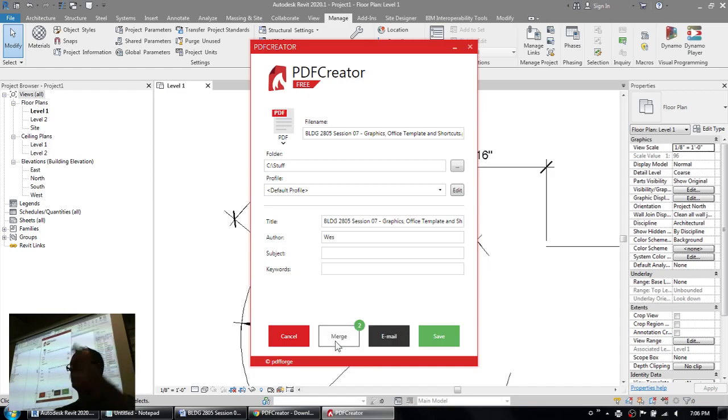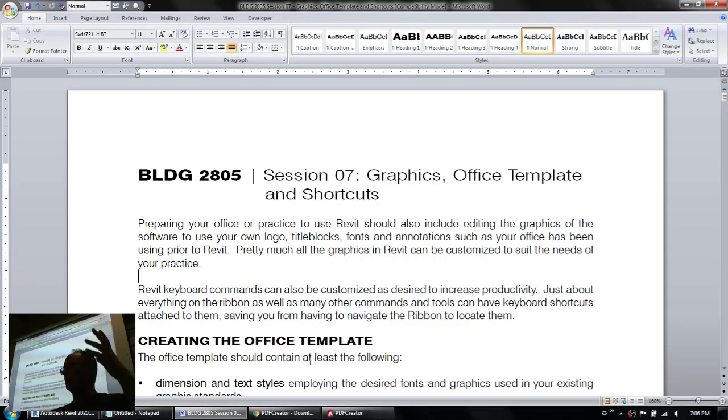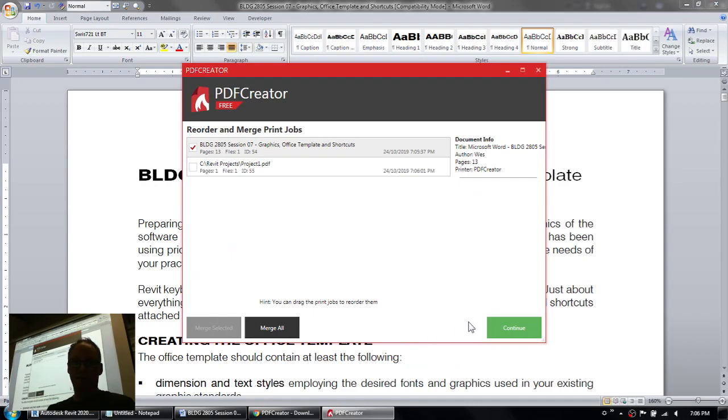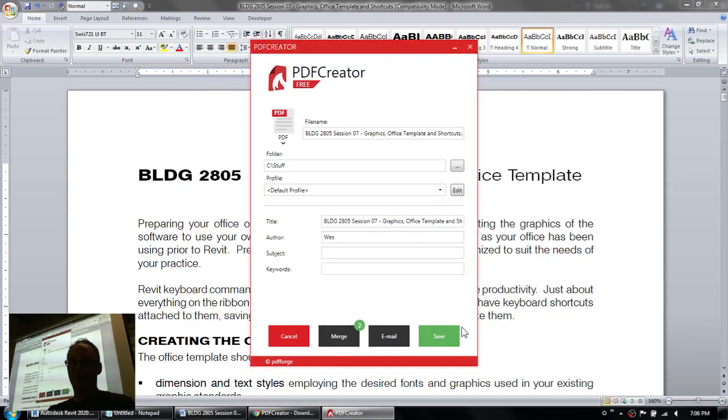So this allows you to make a cover sheet for a drawing set and then print the drawing set. If you want a transmittal at the beginning of the PDF and include that with the PDF set of full-size drawings, PDF Creator will allow you to put all of those documents together into a single PDF. So I just hit merge here, then hit continue and save them as a single-file PDF. So PDF Creator is a little fancier, a little more complicated, but it is nice in that it allows you to